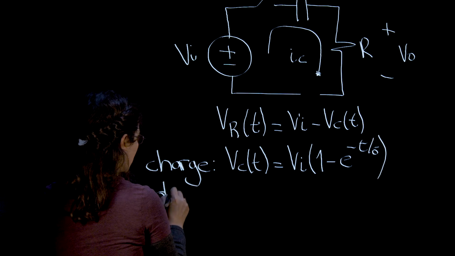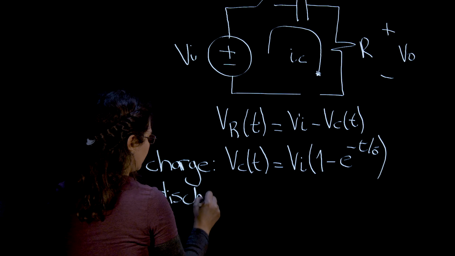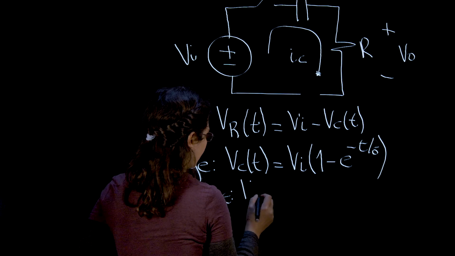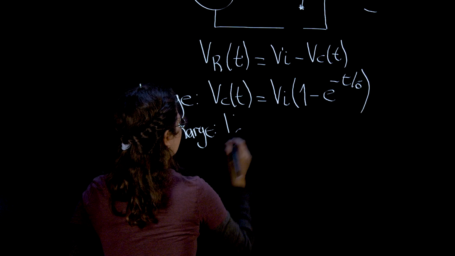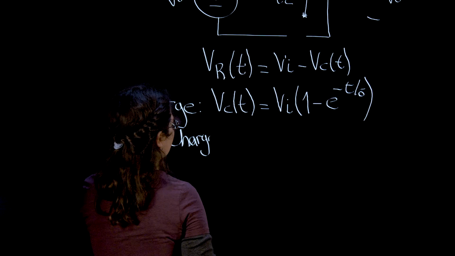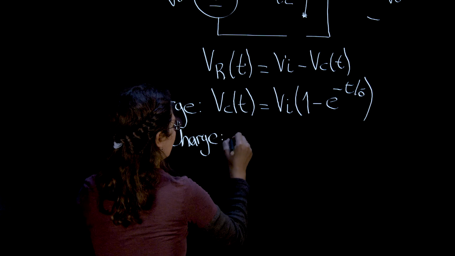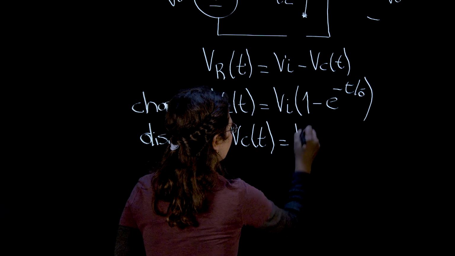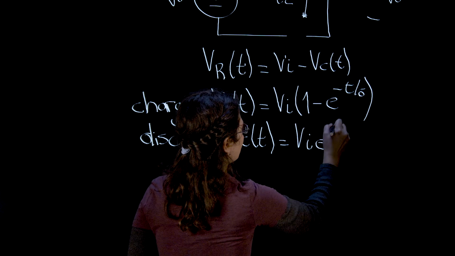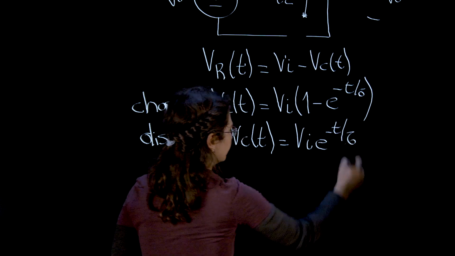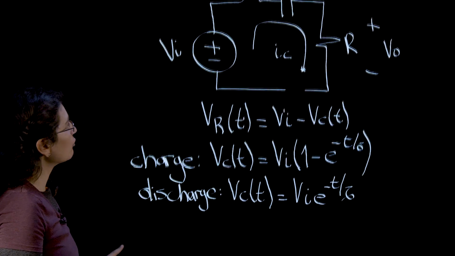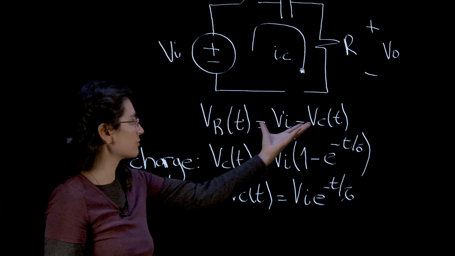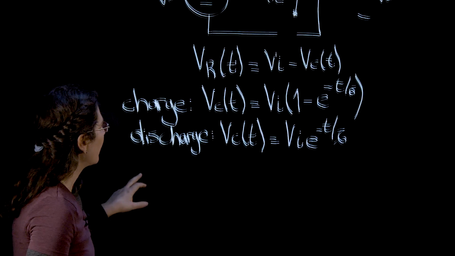And for the discharge, Vc of t equals Vi times e to the minus t over tau. So now for each of the two cases, we just apply Kirchhoff's voltage law, this equation, and we get